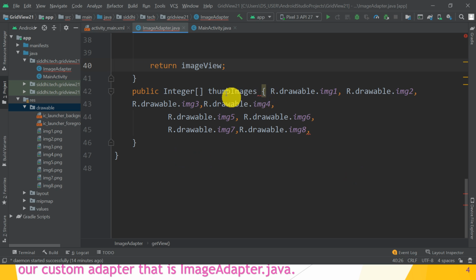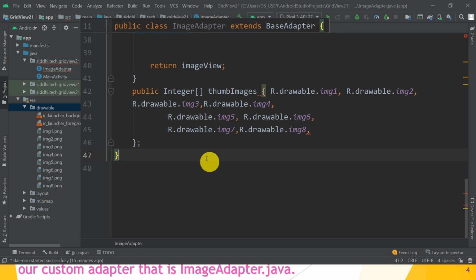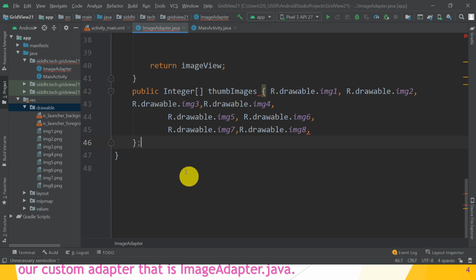Image thumbImages. Why does it give this? Because it is an array, and after ending an array of objects, give the semicolon. Guys, hope you understand. So this is the error due to this semicolon, and one comma is extra here. So just remove that comma. Great.